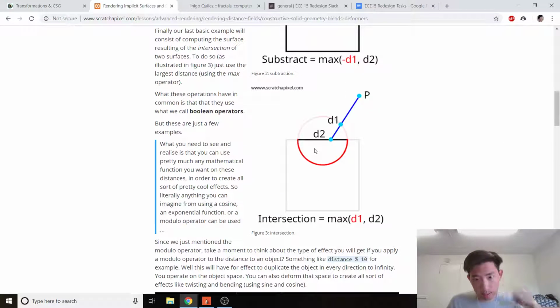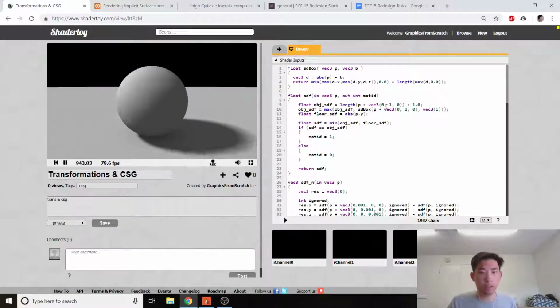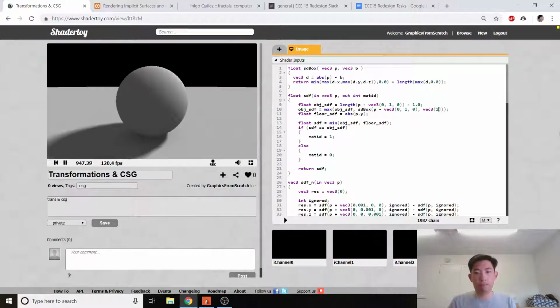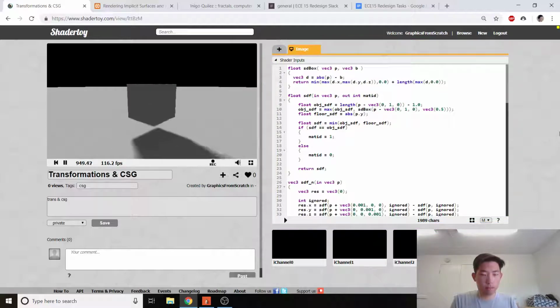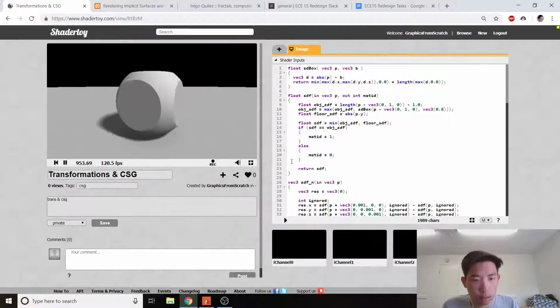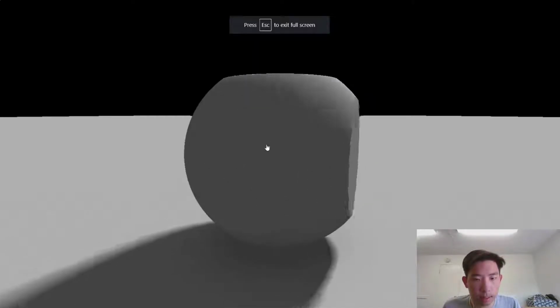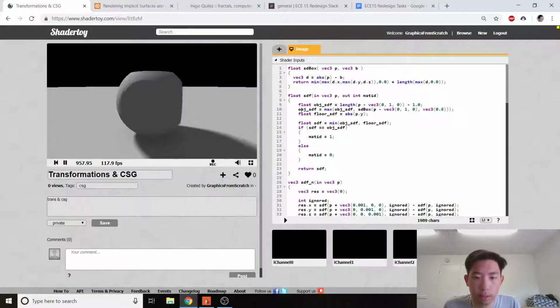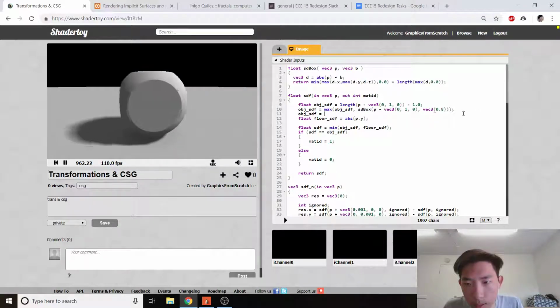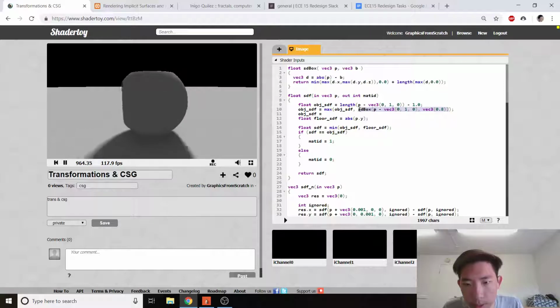Okay, is this the intersection? Okay, so I think maybe the box is a little bit too big. There you go. See, there we go. That's something. So what happened here is that the box is kind of laid out. Let me just show you what the box is, so you can get a better sense of,